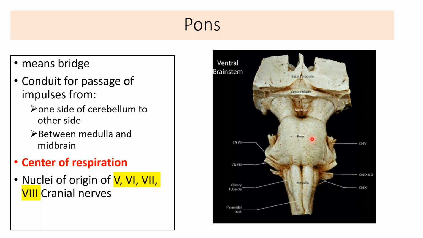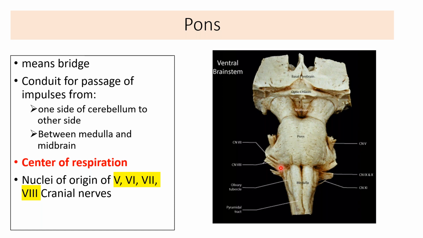Now, it is very important because an important vital center, that is the center for respiration, is lying over here. And that is why pontine lesions are often fatal. A few cranial nerve nuclei are also located at this level, that is the 5th, 6th, 7th, and 8th cranial nerve. In the demonstration yesterday, you must have seen the origin point of the 5th cranial nerve, which is at the lateral edges of the pons, where it continues into the middle cerebellar peduncle. This is the origin of the 5th cranial nerve.